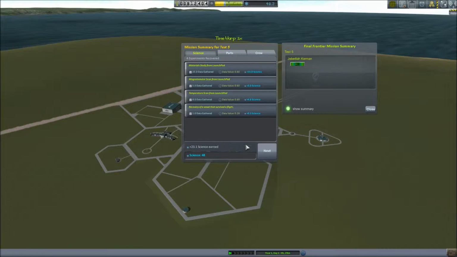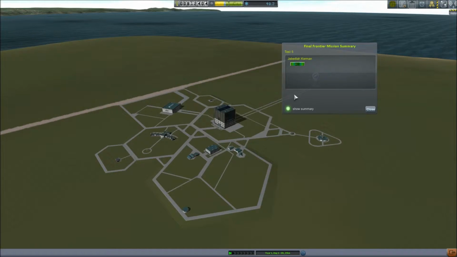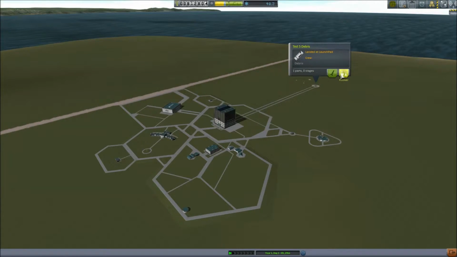Good. More science for a total of 48, which is awesome. Recover everything. And Jebediah, sadly, again, didn't gain any experience, but he got more than 100 science. Reaching 100 or more science points, I think, overall, cumulative in his thing. So now we can actually recover some debris, because we got all those launch assist things. They're going to bring up their own final frontiers,